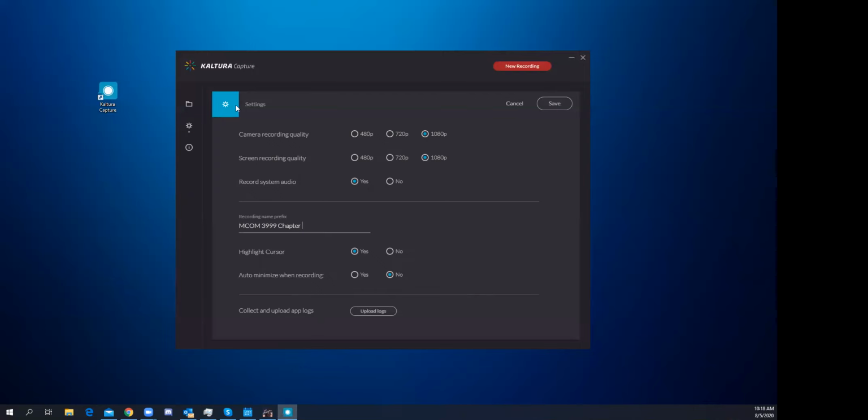The last part of the settings here is very interesting. It's very helpful if you have an error while you're using this software. I would recommend once the software has crashed on you, come back or reopen the software and come back into the settings tab here. If you go to the settings tab and click upload logs, this will send the Kaltura Capture tool or the Kaltura Capture